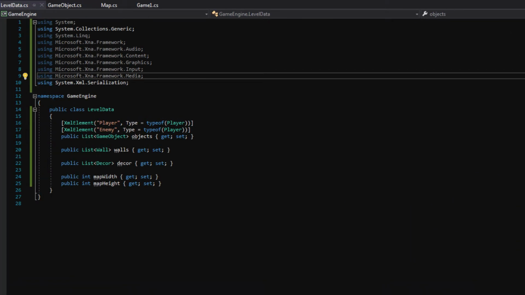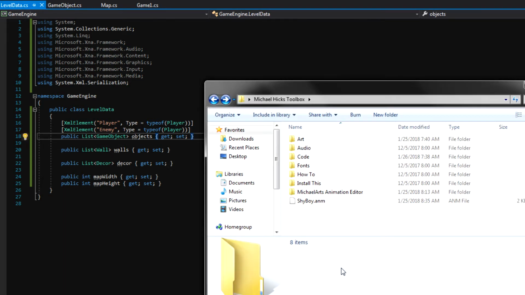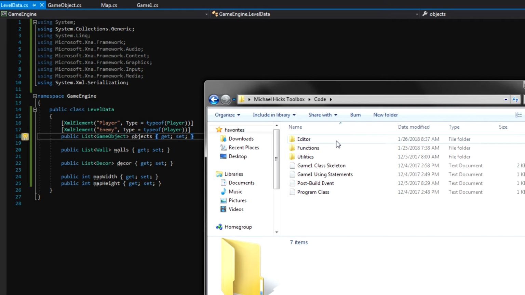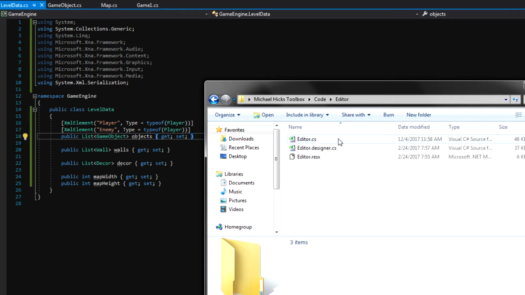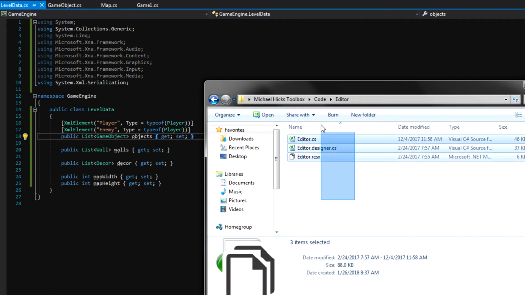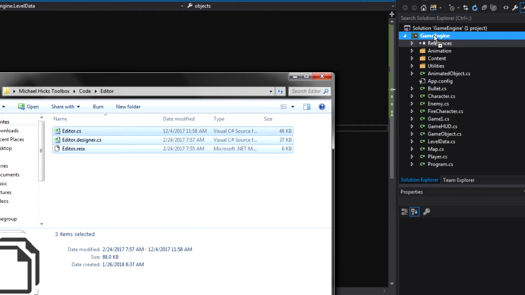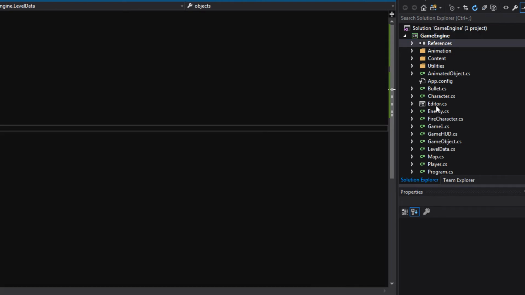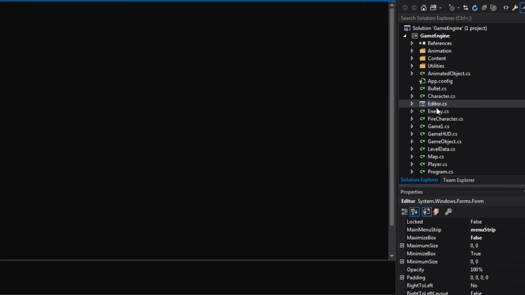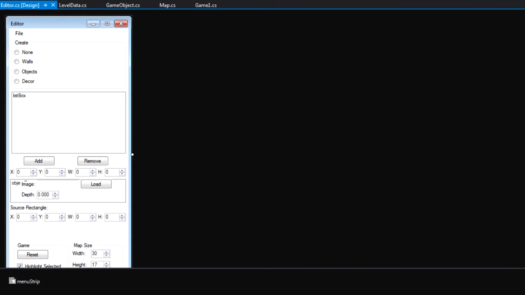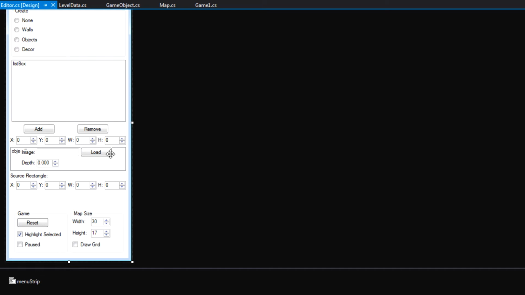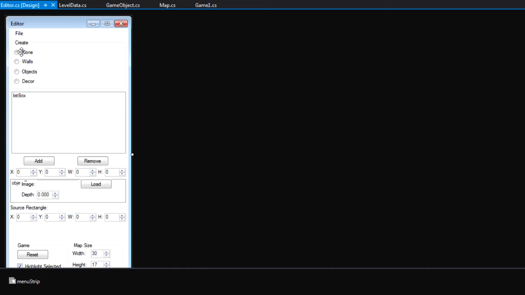And now the moment you've all been waiting for, it's time to bring in the editor. Let's go to the Michael Hicks toolbox, and inside the code folder, there is a folder called Editor. Let's open that up, and let's select all three files, and then drag them in to our game engine project. We should be able to double click, and here it is. You should see this entire form with stuff already on top of it. You see the buttons, the list box, all that stuff should be there, but you should now have a ton of errors. Okay,